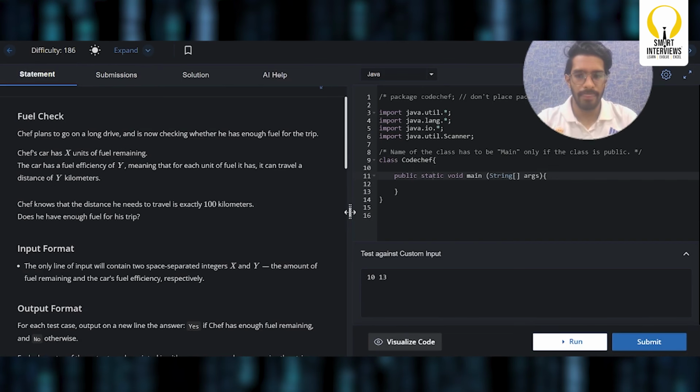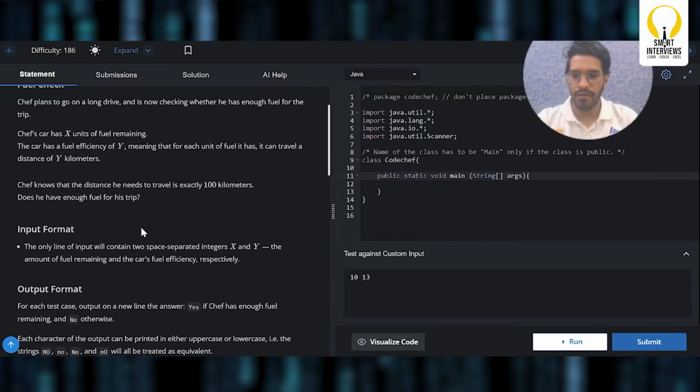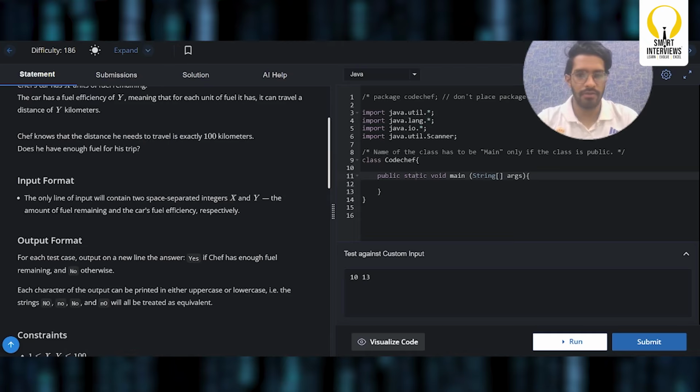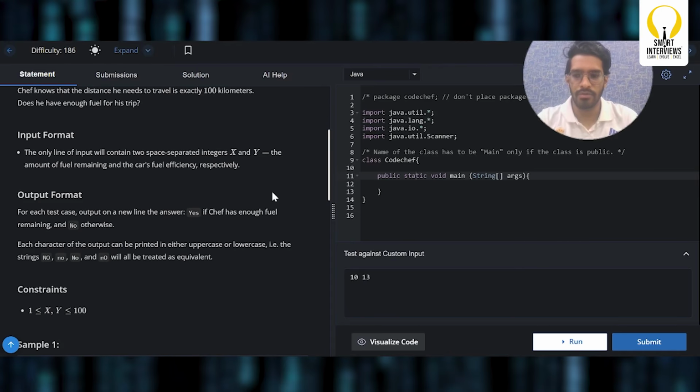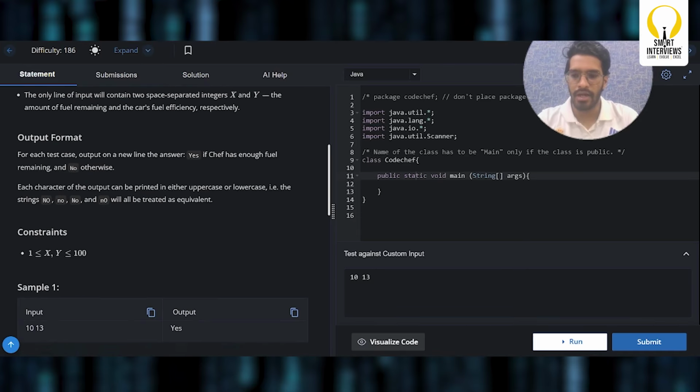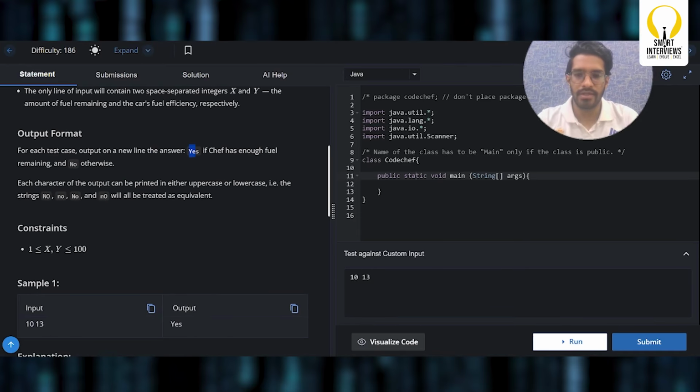So if you see, we have the problem statement on the left side and the coder part on the right side. Let us quickly go through the input and output format. The only line of input will contain two spaces generated by x and y. Basically, you will be only given x and y, and the output should be either yes if chef has enough fuel,